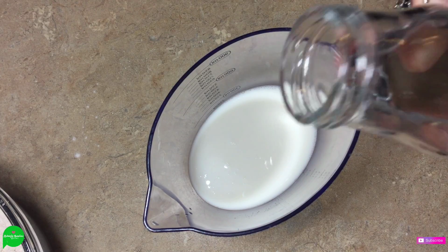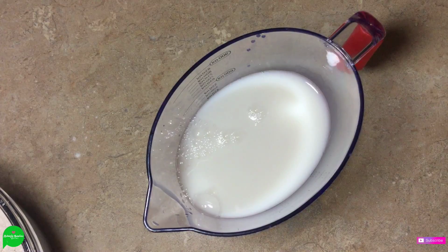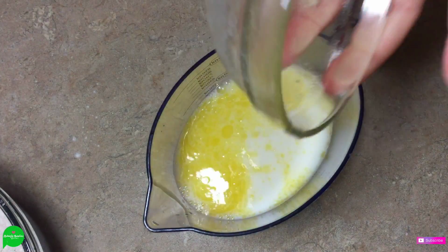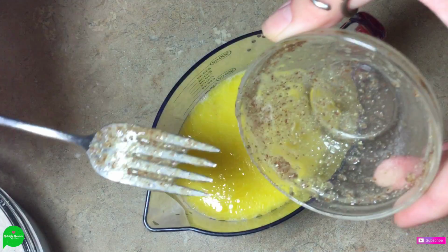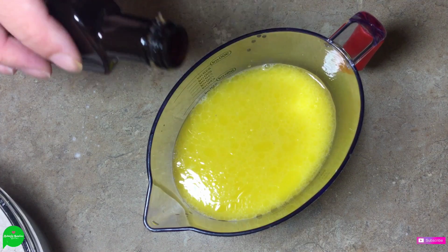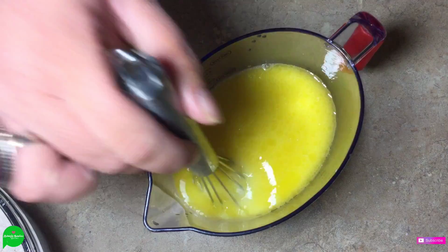So to that, I'm also going to add 1 cup of water. We're going to add 1/4 cup of vegan butter that has been melted and had a little bit of a chance to cool down. And then we're going to add our flax egg, because she's all gelatinous and beautiful. Help our mix stick together. Oh my god, I'm gonna drop it. Okay. Then we're gonna add a little bit of vanilla, and then we're just gonna whisk this together a little bit, get it all